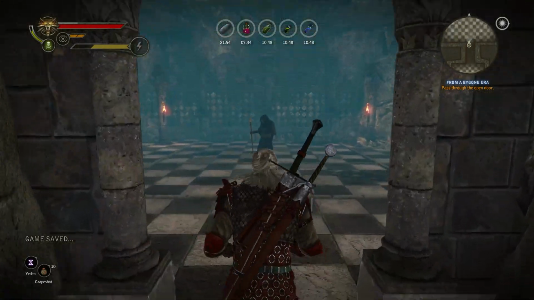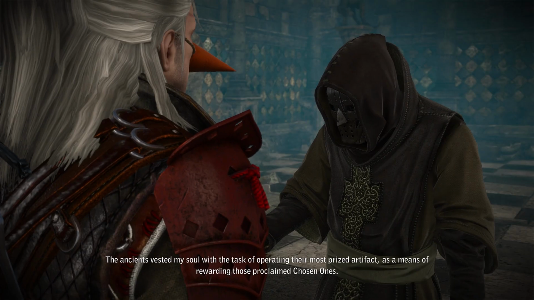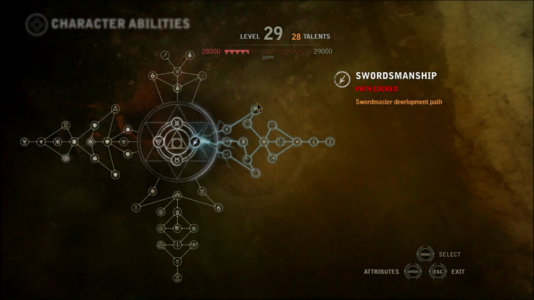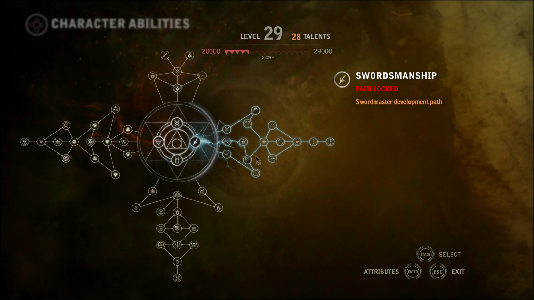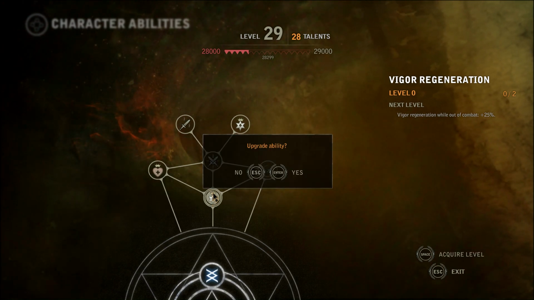I've tried multiple times and I cannot figure out a way. I'm leaving a save here because, oh my god, this is difficult, especially because he's going to continue to do those things. I'm going to ask what the artifact does, tell him, yeah, get it started. And what this does is it resets your points, so we can go in here. Oh yeah, funny enough, you can't actually do that, so we're going to come in here, Vigor Regeneration,